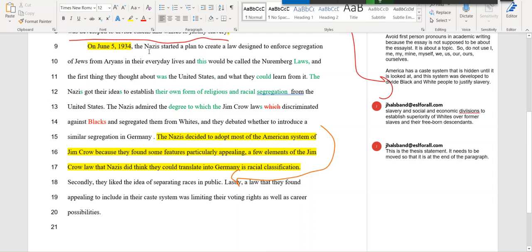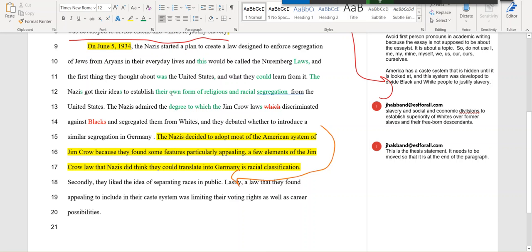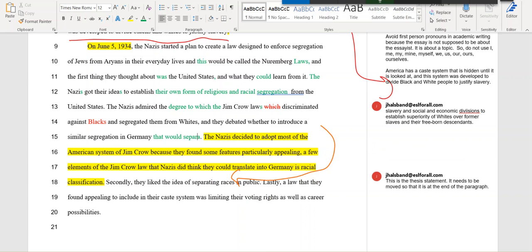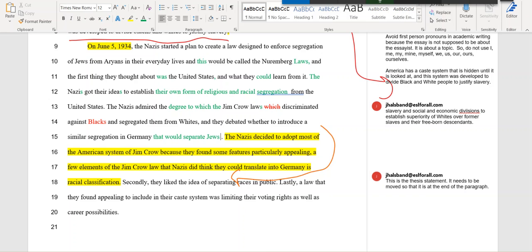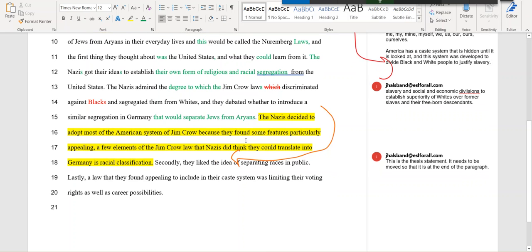Then we have to add on because it wasn't Black and white here; it was Jews, right, in Germany. That would separate Jews from Aryans. Nazis had tried to adopt. Okay, so then